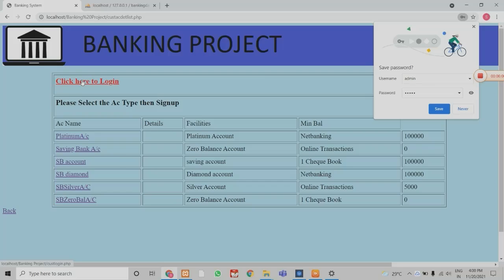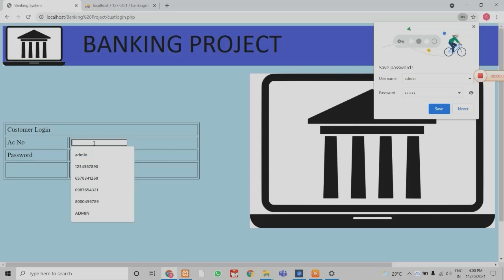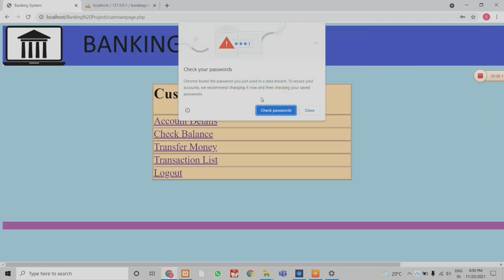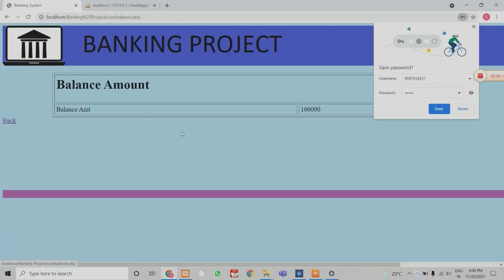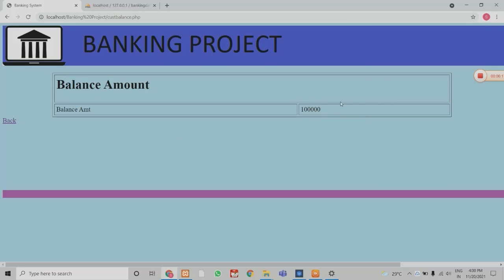If you are already on the login page, it will ask for the ID and password. After clicking, you appear on the customer main page. It will show how much balance is left in your account.